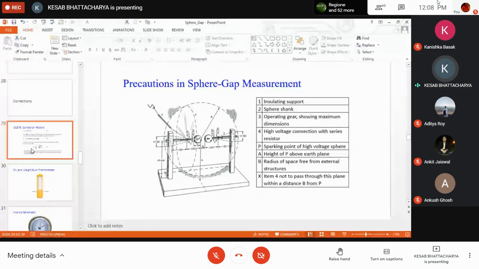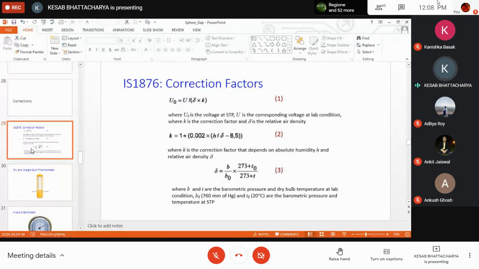This is the way we can calculate the correction factor. Here U0 is the voltage at normal condition and U is the voltage at present atmospheric condition. It is therefore U0 is equal to U by delta into K, or we can write that voltage at current atmospheric condition U is equal to voltage at normal atmospheric condition U0 into delta into K, where delta is